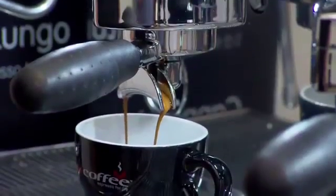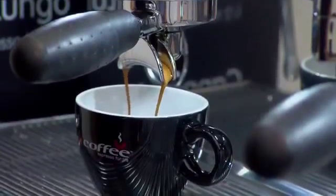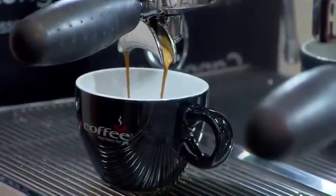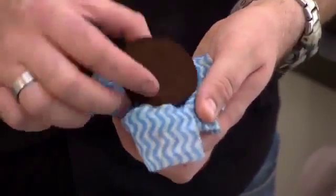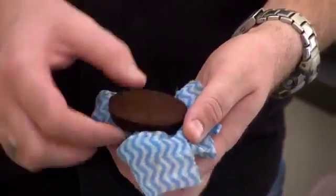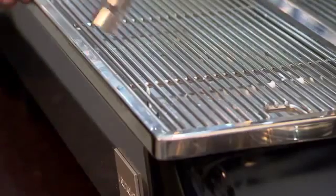Last but not least, Aroma Perfect. Fresh water to cup, giving you better quality extraction and flavour profile. And two, consistent tamping, which obviously you've seen the quality of the puck that the machine extracts. Last but not least, which I haven't covered yet today, is the eco-friendliness of this machine. The eco-friendliness of this machine, in fact, is 35% more energy efficient than its closest competitor, and here are the reasons why. If I could just open up the drip tray here,